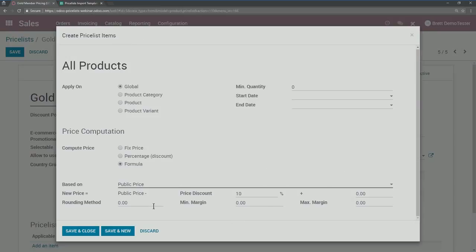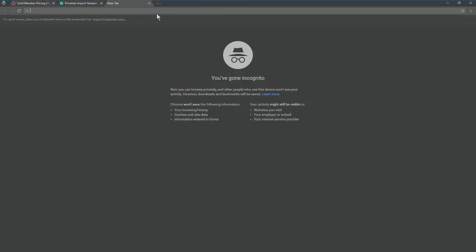But you would use these tools right here if you need all of your products to end in .99 or all of your products to end in .95. Basically, you can apply a discount, and then you can add a dollar amount to it to bring it up to a certain point, and then round it maybe to the nearest .99. I think I'll just pull it up in the documentation to show how it's laid out. It definitely could be a little bit of trial and error, and it's usually the kind of thing where you'd want to maybe consult with us before you